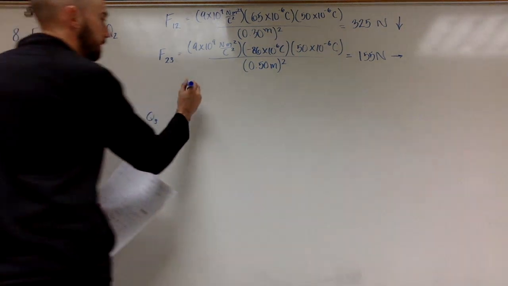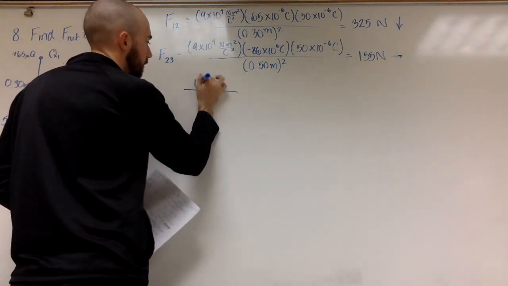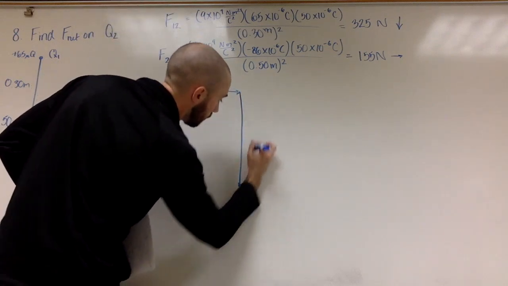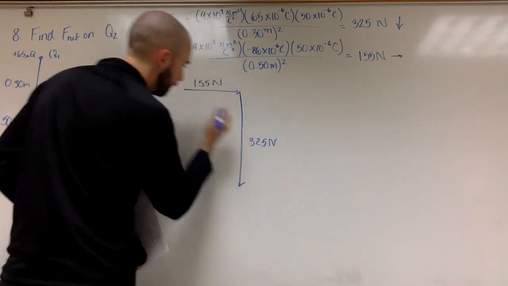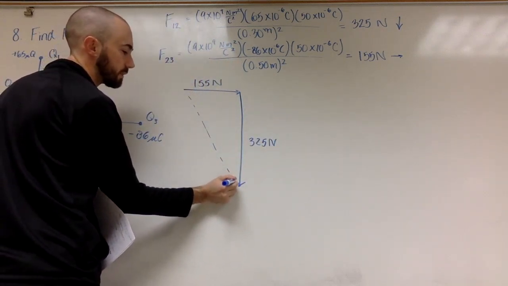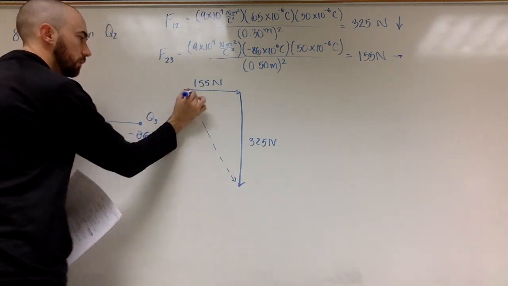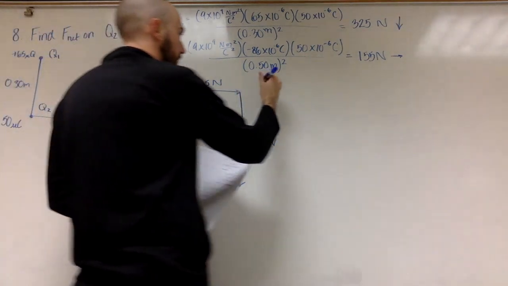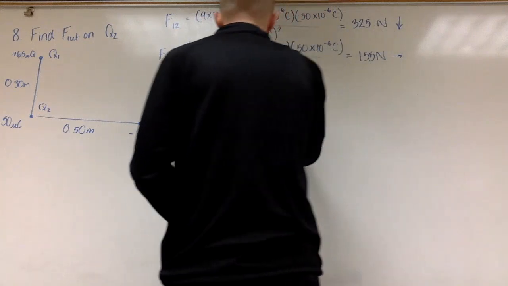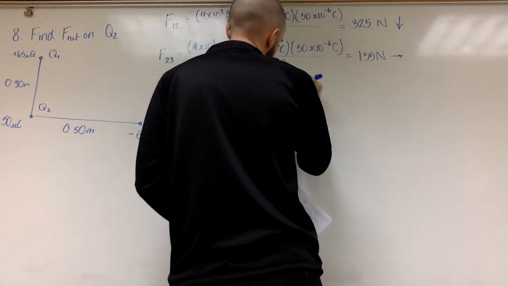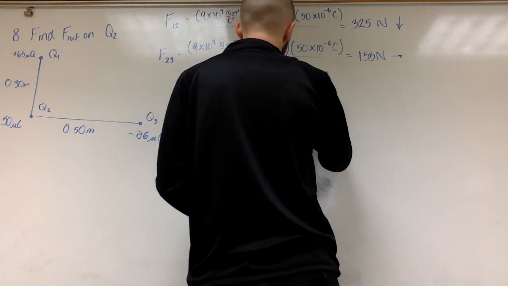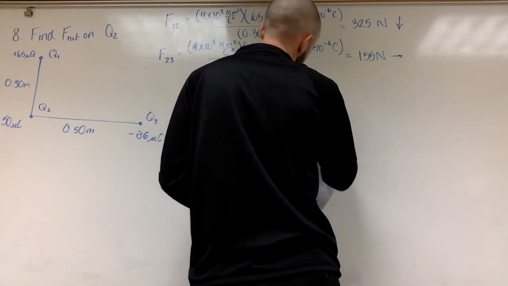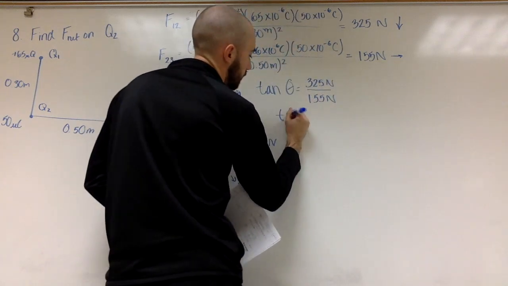So in this one, we've got 155 newtons this way, and we have 325 newtons downward. So our resultant force should look something like this. First thing I want to know, what angle does it make relative to the horizontal? So I'm going to have to do opposite over adjacent, that's tangent. So tangent of an angle is equal to the opposite, which is 325 over 155. So if we take the arctan